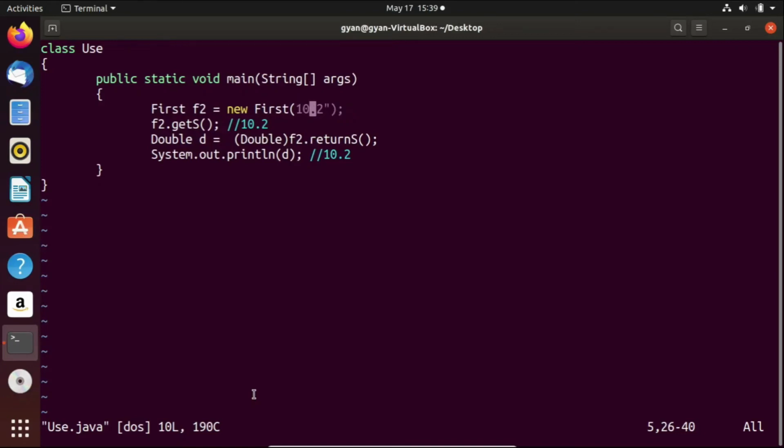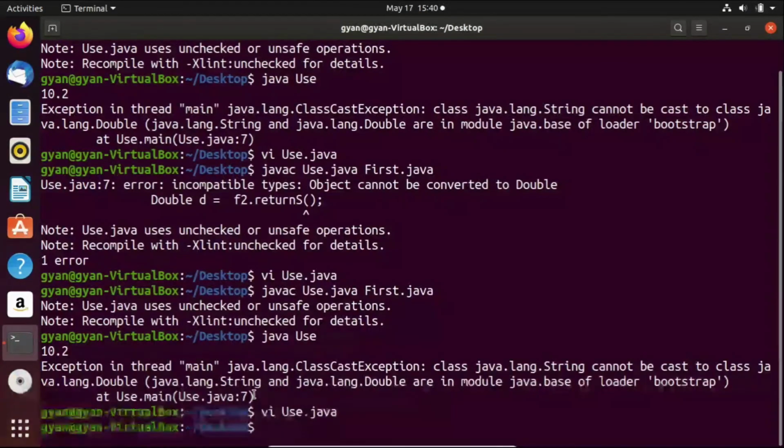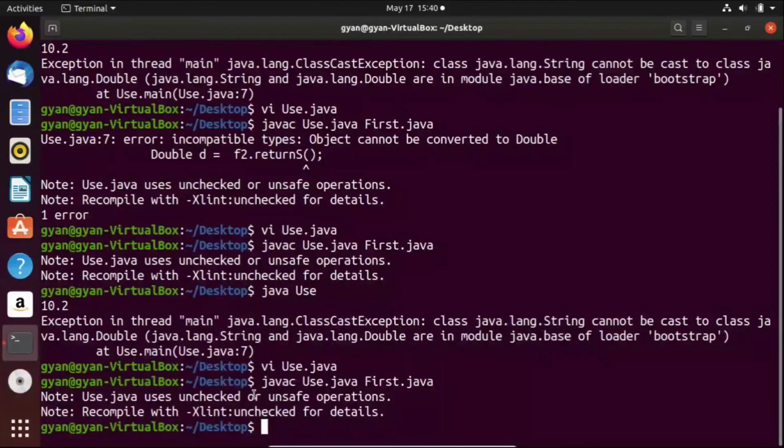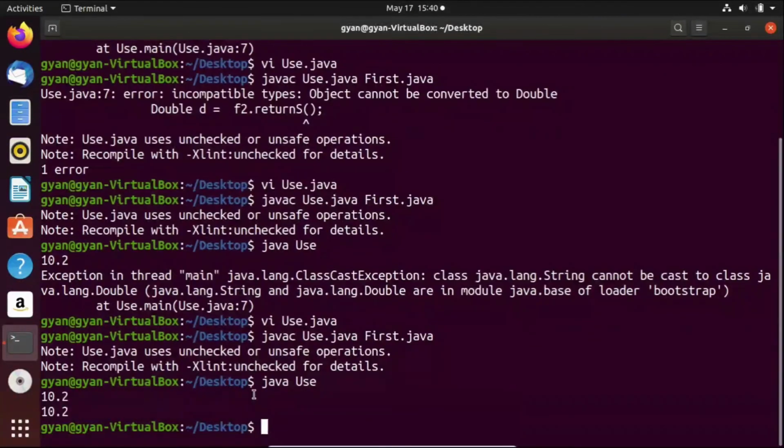So let's make it 10.2. I made it 10.2. Now compile this code. javac use.java first.java compiles fine. Now execute it. It executes fine and prints fine.